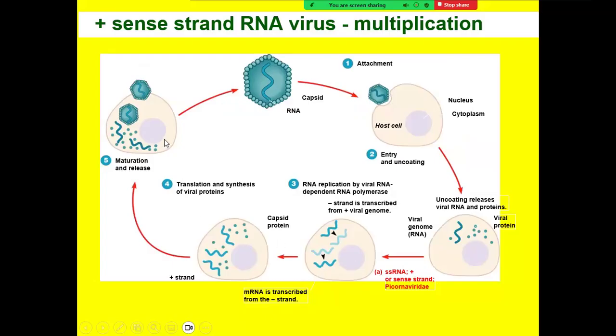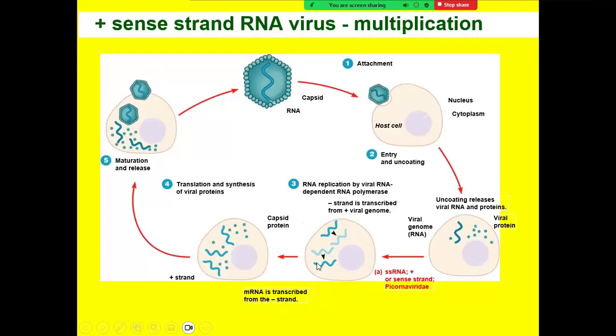So for positive sense strand RNA, the virus will come and attach to the host cell, and enter the host cell either by pinocytosis or by fusion of the envelope, if the virus has an envelope, to the host cell membrane, bringing the virus into the cell. This is positive sense RNA. So to replicate it, you have to make negative sense RNA and then use that negative sense RNA to make more of the genomic RNA, which is the positive single-strand RNA.